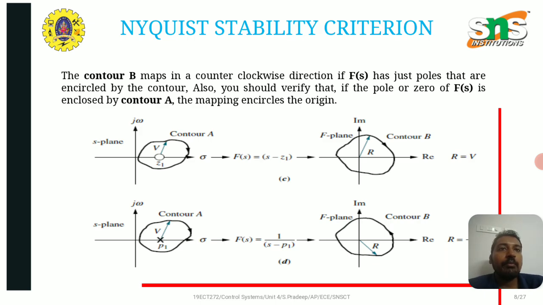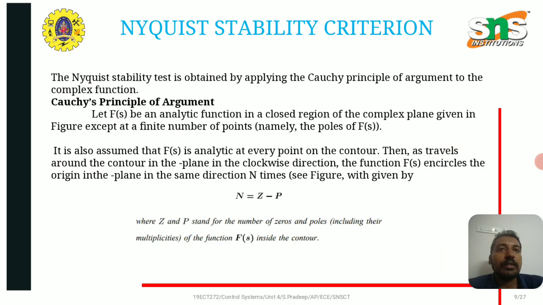The contour B maps in a counterclockwise direction if f of s has just poles that are encircled by the contour. Also, you should verify that if the poles or zeros of f of s are enclosed by contour A, the mapping encircles the origin. The Nyquist stability test is obtained by applying the Cauchy principle of argument to the complex